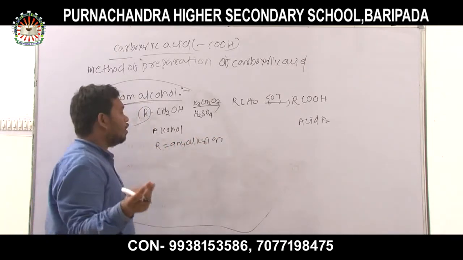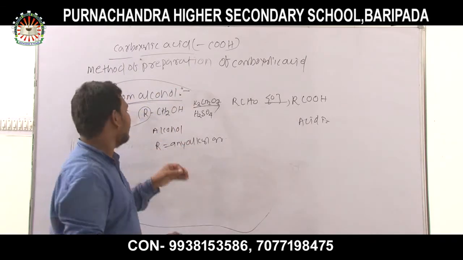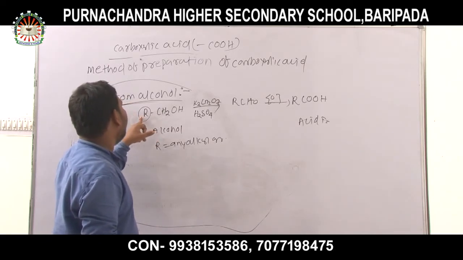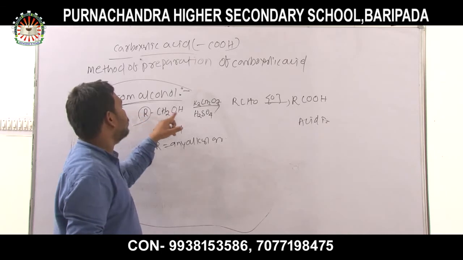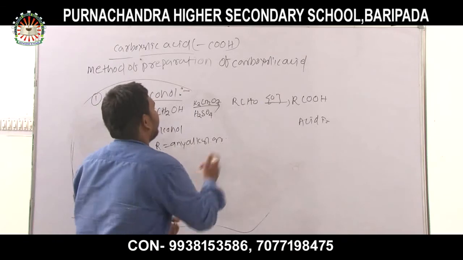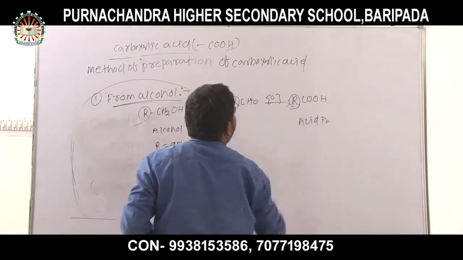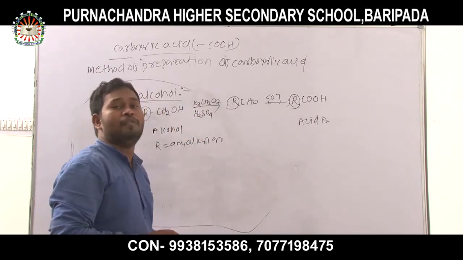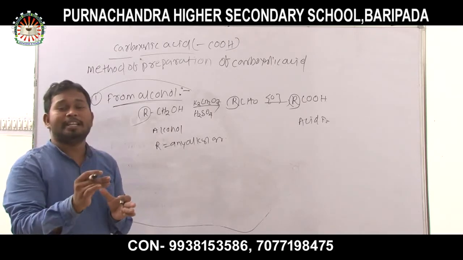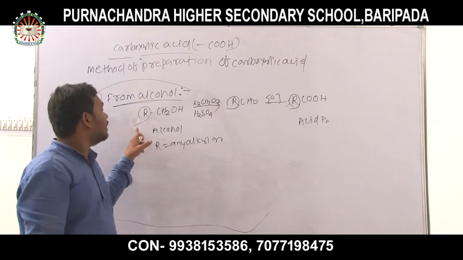In class 11, I already told you how a chemical reaction can be explained. Instead of R, we can use any alkyl group. Suppose here we write CH3CH2OH. When treated with potassium dichromate solution, then instead of R we have the methyl group here, and acetic acid is formed. In examination, it is asked how acetic acid can be prepared from the following alcohol. So I hope you understand well.